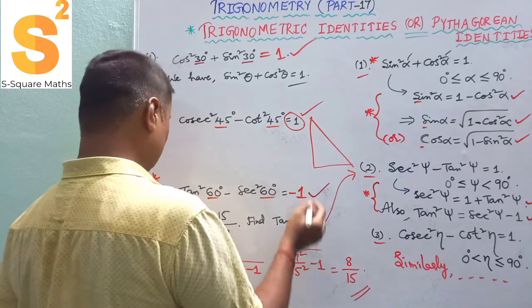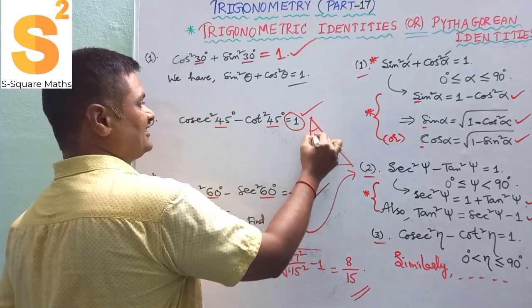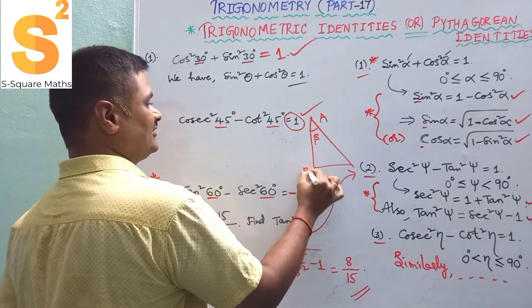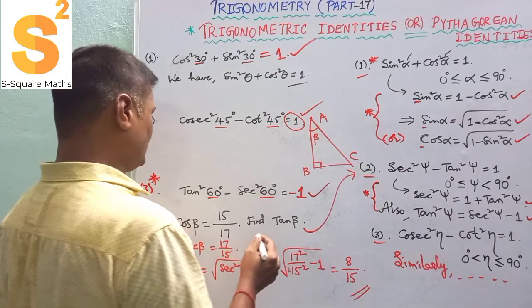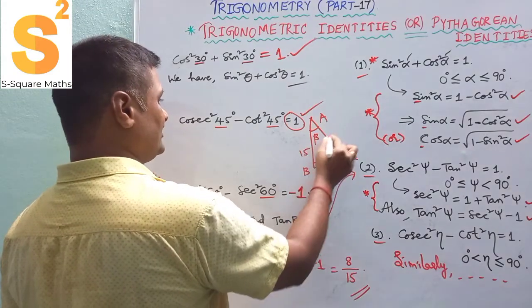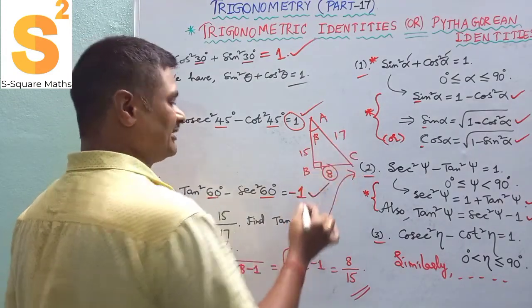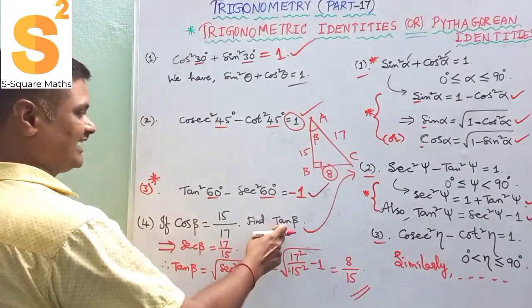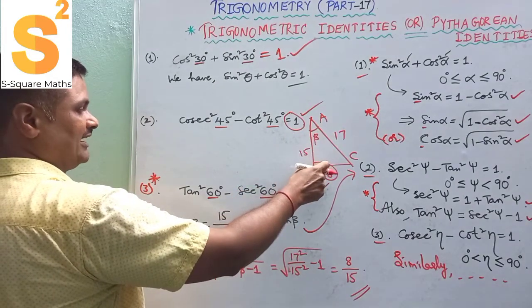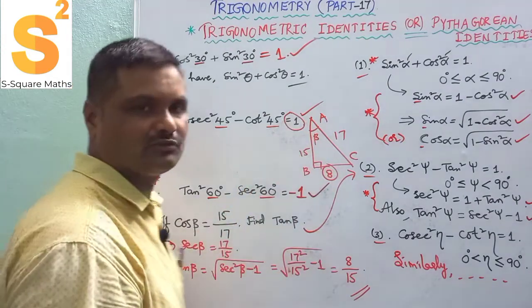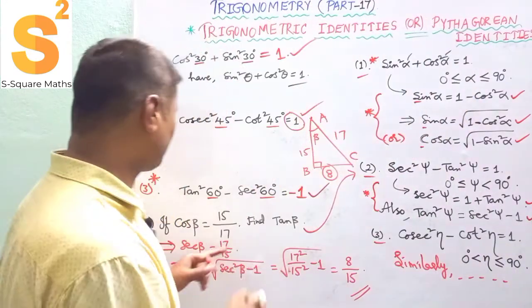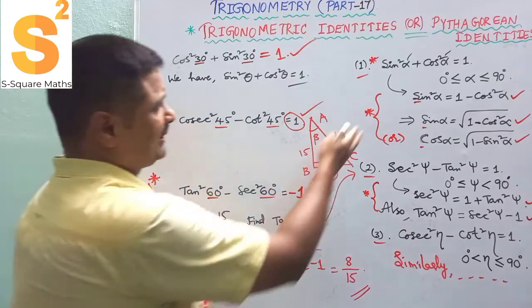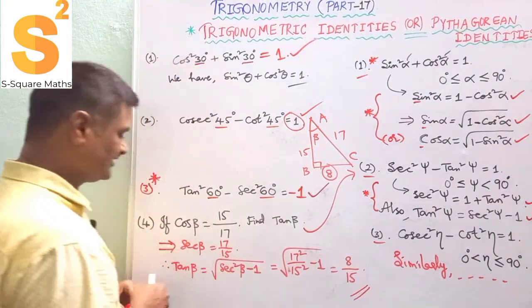Okay, for this problem, if my beta is this one here, this is A and this is B and this is C. So cos beta is given as 15 and 17, and if you remember the Pythagorean triplet, 8 you can write directly. So they asked tan beta, so opposite by adjacent side to beta, finally this gives 8 by 15. So both the methods are the same, but this is the application, how to apply the Pythagorean identities. This I have done here.